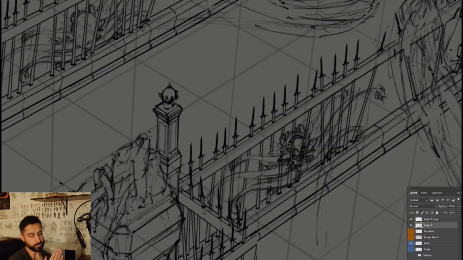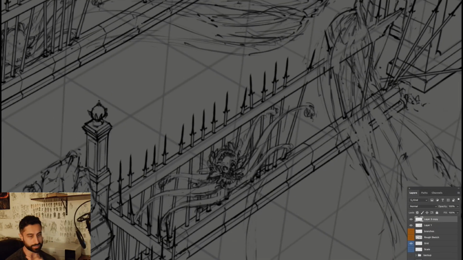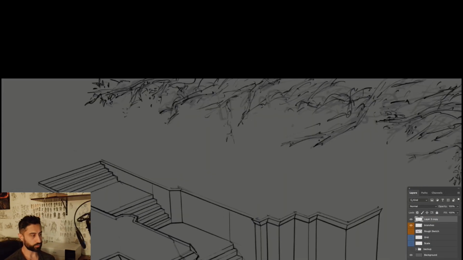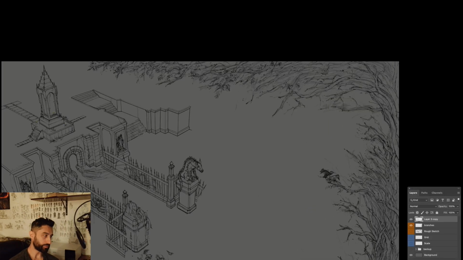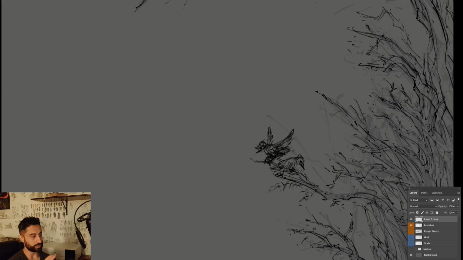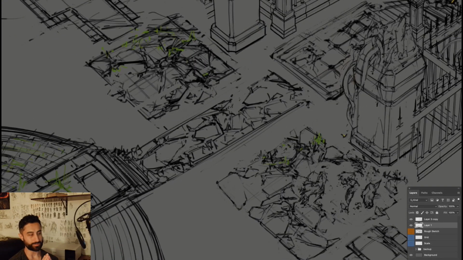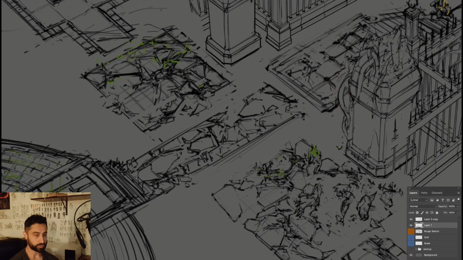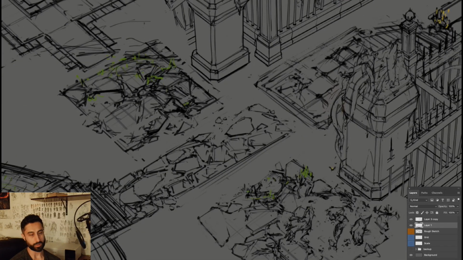So instead of everything being so linear and straight, I am constantly thinking about adding character, not just to the entire piece, but to individual components of the piece. That's something I learned a long time ago from a very good artist. He told me, because he was working digitally, you should be able to zoom in to your work and every part should be able to stand out on its own, and that stuck with me. So that's one of the reasons I like to zoom in, work on one section,